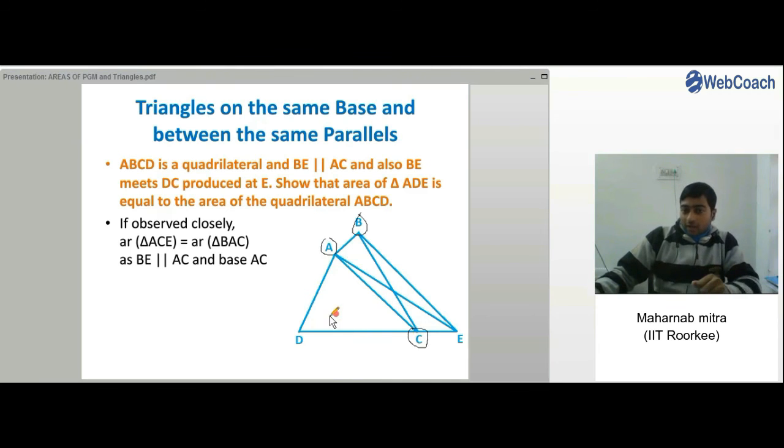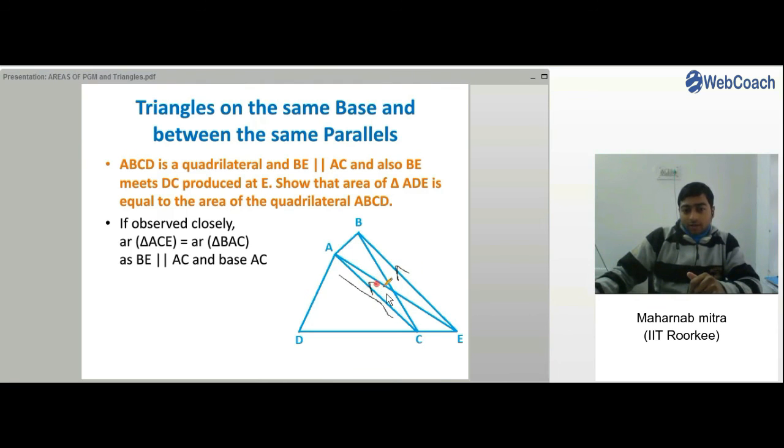Both of these have the same area. And why? They have both the same base, which is AC, right? Both of them have the same base, and they are lying between the same parallels,